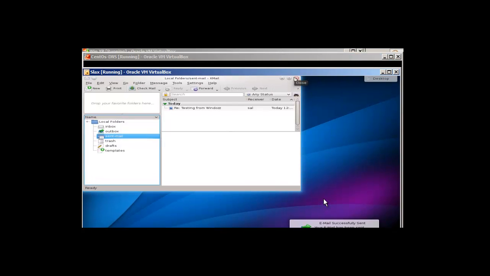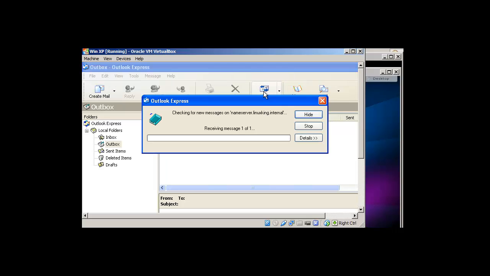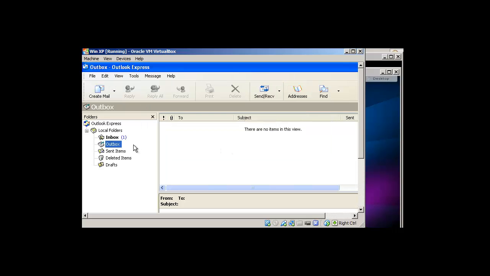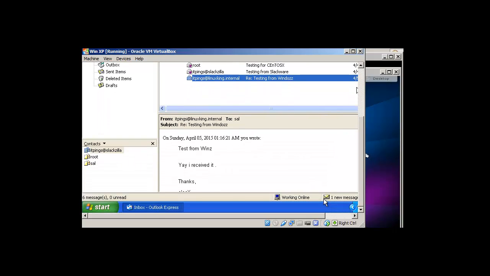Let's go to our Windows box. Okay, we are here. Press on send receive, and perfect. Here we have received a message from itpings. Yeah, I received it. Thanks. Okay, so this is how we have successfully relayed our mails. Our mails are working. So let me send one email to an internet domain such as